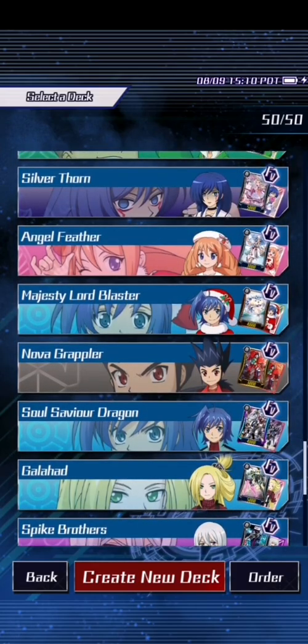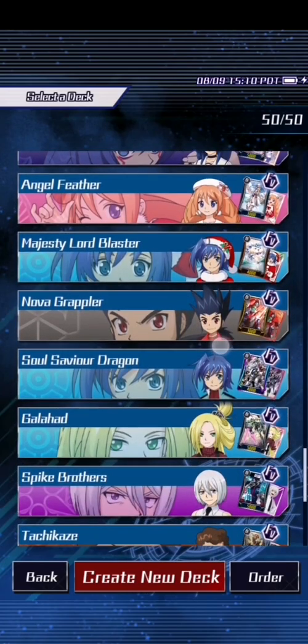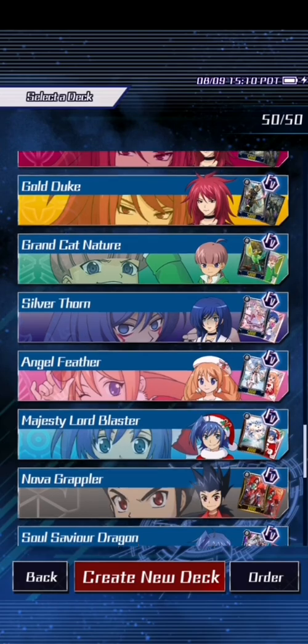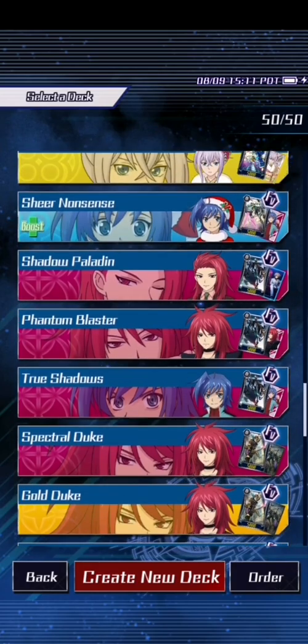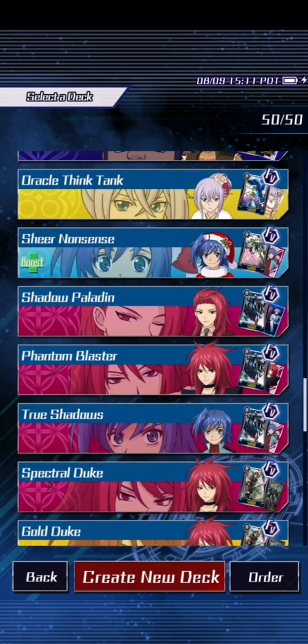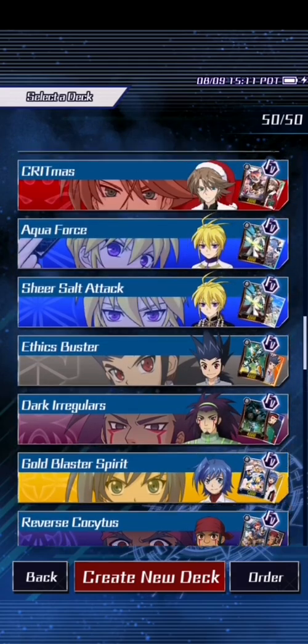There's a couple here: Soul Saver Dragon, Galahad, Magilor Blaster. I'm thinking we might get rid of Galahad. I kind of want to keep the Soul Saver Dragon just for nostalgia value. Angel Feather, Grand Cat Nature. Well, Grand Cat Nature got upgraded. Spectral Drake, True Shadows, Phantom Blaster, Shadow Paladin. There's a lot of different Shadow Paladin decks there. They probably don't all need to be there. Kakaitis, Kakaitis Reverse,